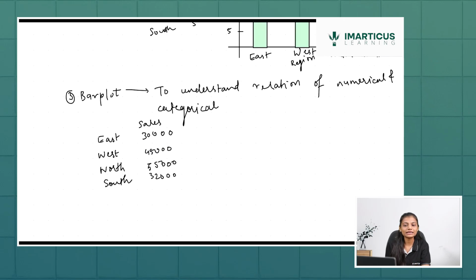So it is categorical data. There is a group, there is a category over here, yes. But this category is analyzed on the basis of the numerical feature of sales. It's not a count plot in general. It's a bar plot. Why? Because there is one numerical feature. It's not the count. When I take count, that's a frequency, how many times a value has occurred. But here a numerical column is taken into consideration. So if I want to analyze it in better terms,